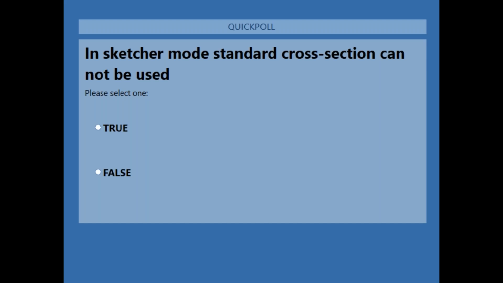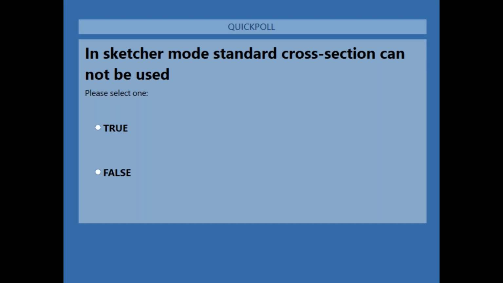In sketcher mode, standard cross section cannot be used. Tell me whether it is true or false.